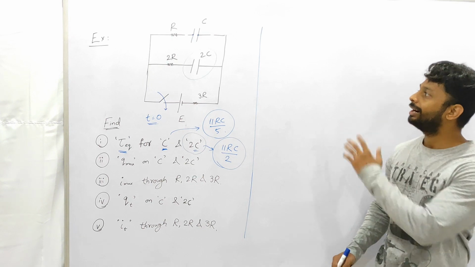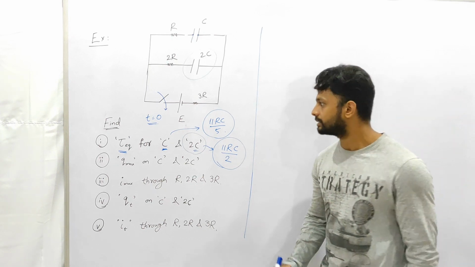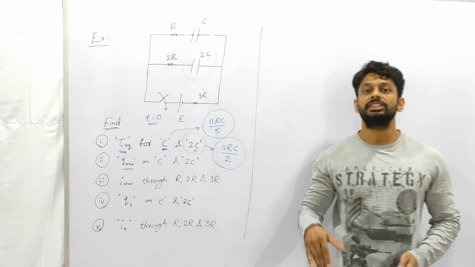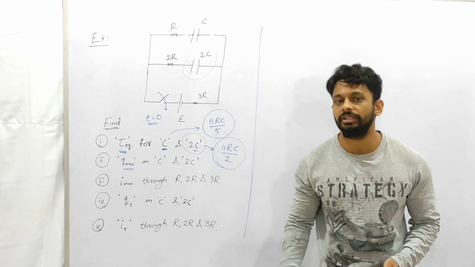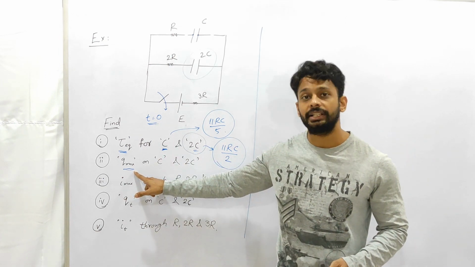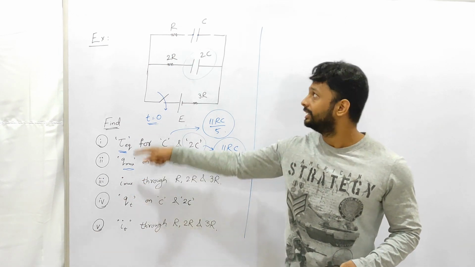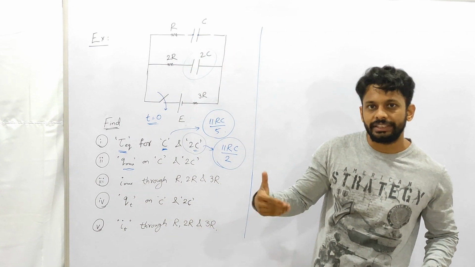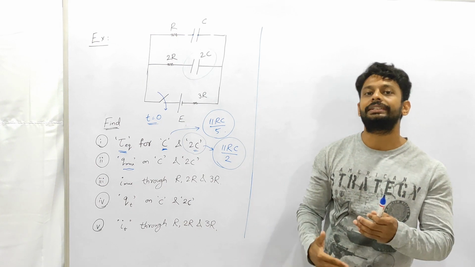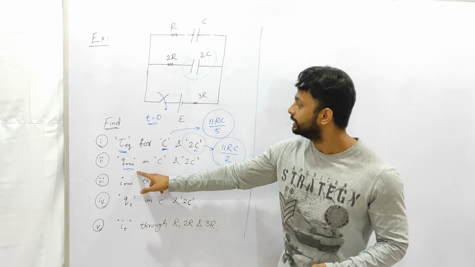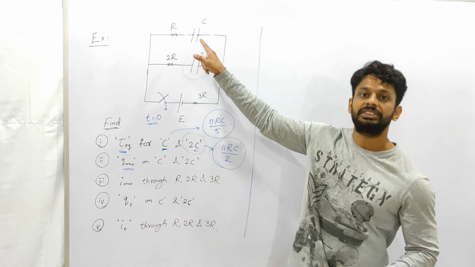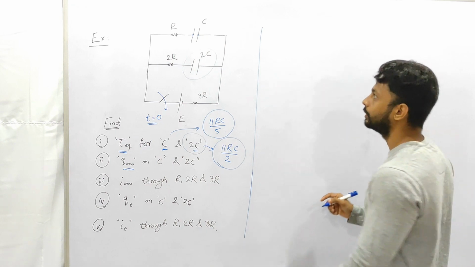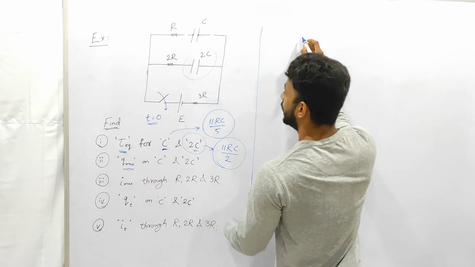Okay, now let's see how to find the maximum charges of the capacitor. Here we know when you get Q max: in steady state. When it has this Q max, the capacitor behaves like an open circuit, because it is already at maximum charge. It has already attained that maximum charge and is not getting charged further. So the charge on this capacitor is maximum in steady state, which is at time infinite, at which the capacitor behaves as open circuit. That logic we use directly here, and I redraw the circuit.